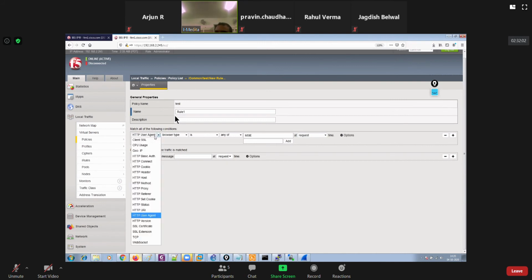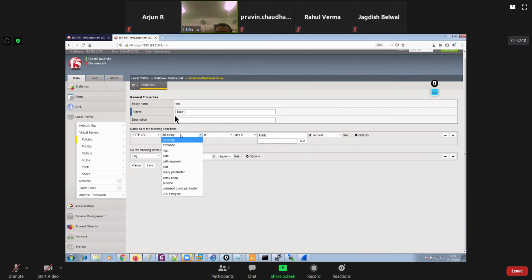So you have so many options over here, right? GeoIP, CPU usage, client SSL, HTTP URI. So if HTTP URI contains, like host is not, or maybe starts with, or contains any of www.facebook.com, add, remove that, add request, then perform logging, or maybe by default do the following when the traffic is matched.